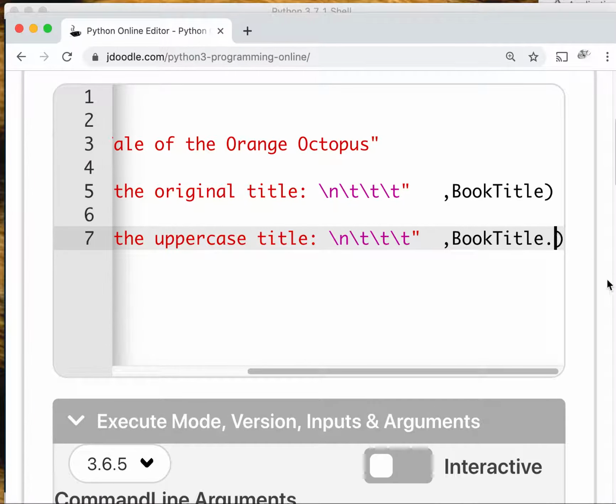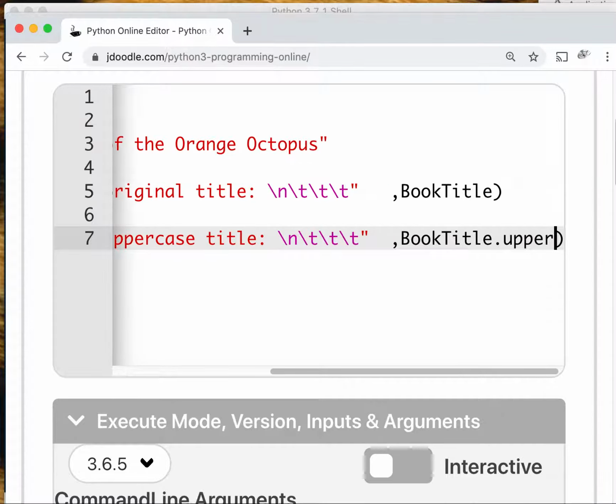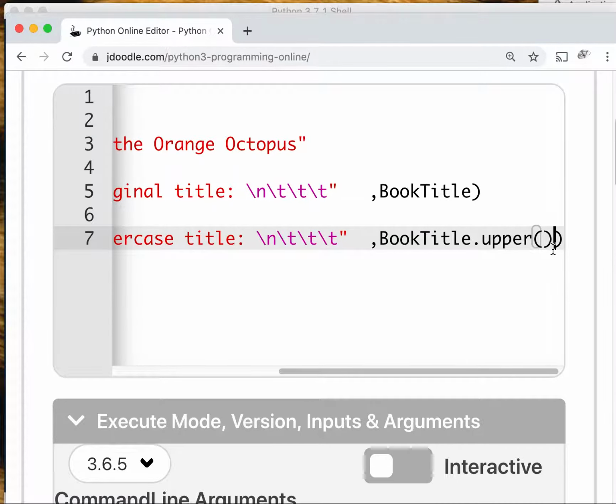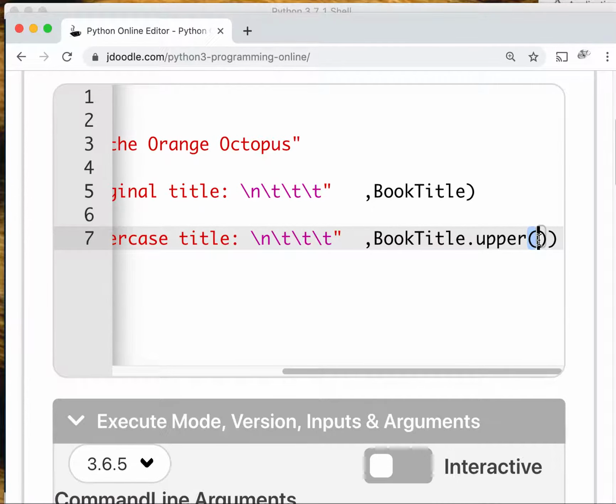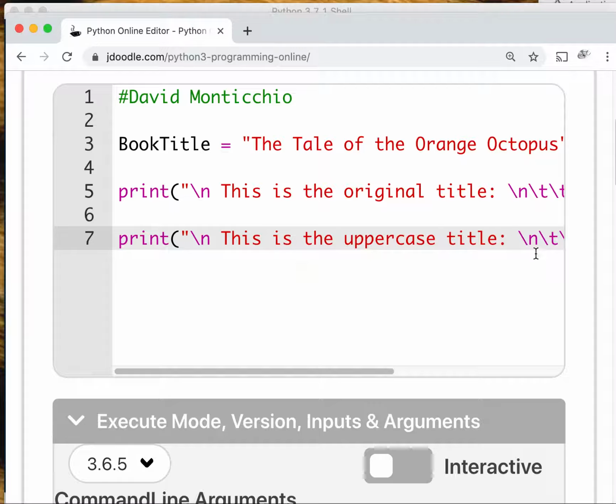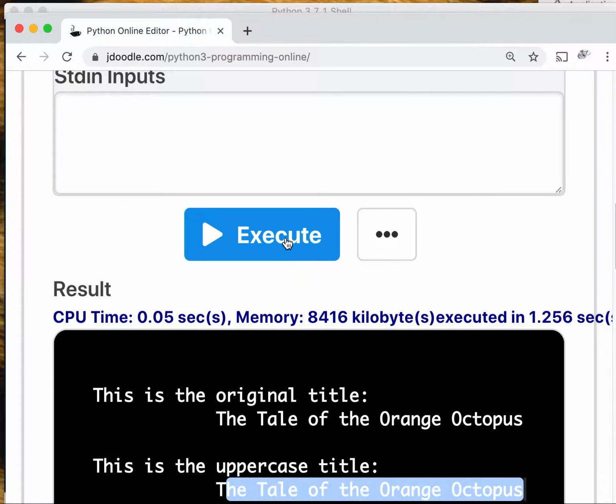I can change little attributes of the string. So if I say book title period, now I'm inside the book title. So now that I'm inside it, I can simply say upper, and then I have to open and close with these little parentheses. So dot upper, open, close parentheses, and that means that now, when I hit execute,